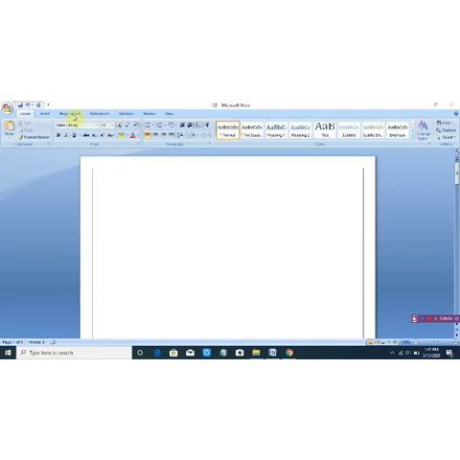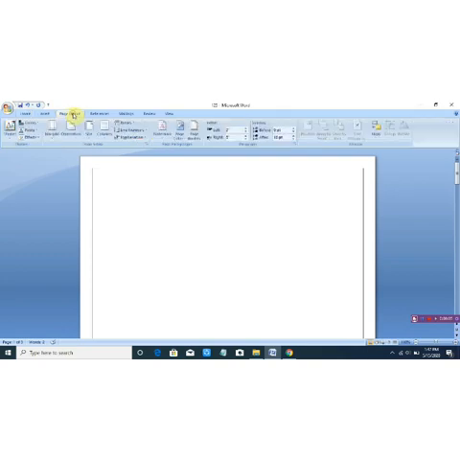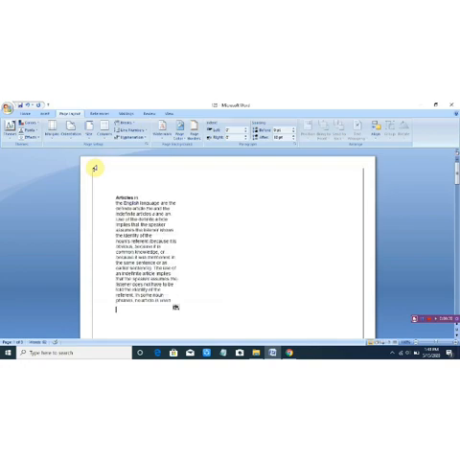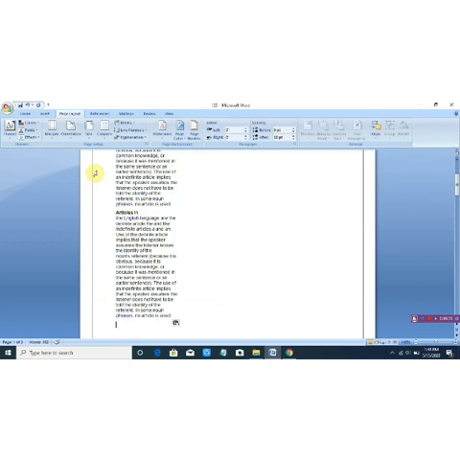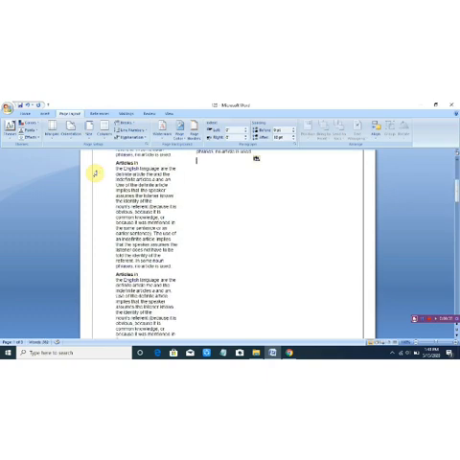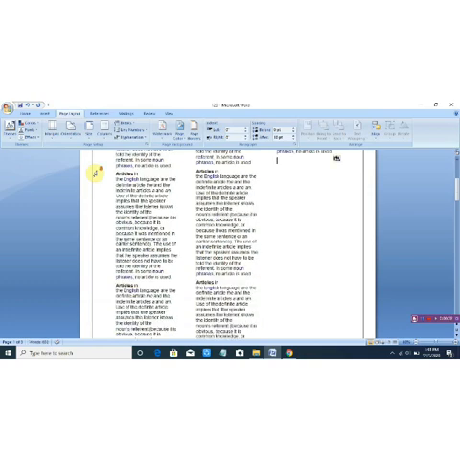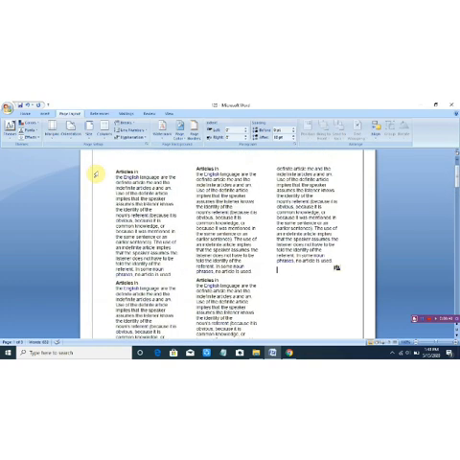First we will go to the page layout option. Click over it. You will get one option, that is column. Now you have to decide in how many columns you want your information: 1, 2 or 3. Suppose I have selected 3. I have already copied one article, so I'm going to paste it here, again and again. I'm very bad at typing, that's why I have copied it, so that I can show you clearly how the columns are divided.